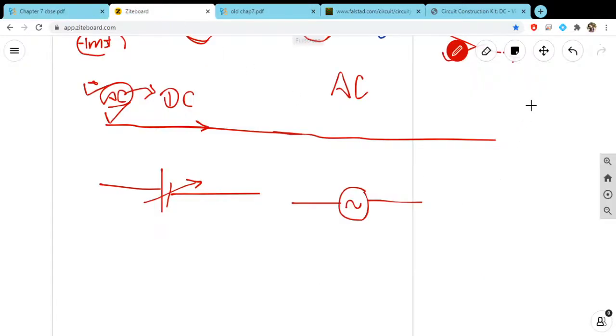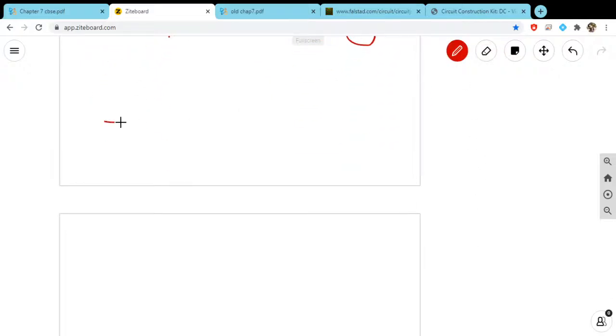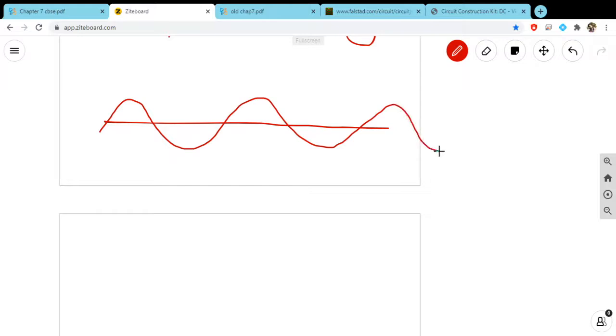In the previous chapter, we discussed that the AC generator provides us AC voltage, and voltage and current vary with time with changing polarity, like this. So our voltage V is equal to Vm. Vm means the maximum voltage. In our case, this peak will be our maximum voltage. Say it is 50 volt, then our voltage will be maximum 50 volt. This is called Vm, and our graph obeys a sine wave.